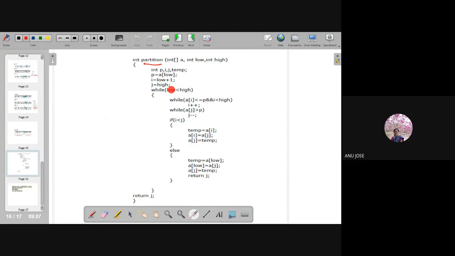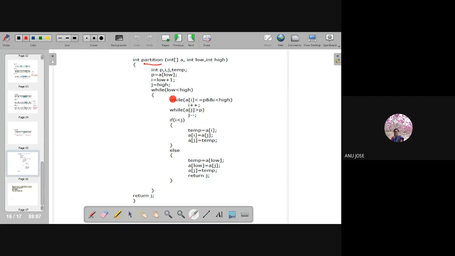If it is one single element, no need to do anything. If low and high are the same, then it is a one single element array, so no need of doing all these operations, it is directly sorted. Otherwise, if low is lesser than high, it indicates that the array has multiple elements. In that case, you have to do this operation.